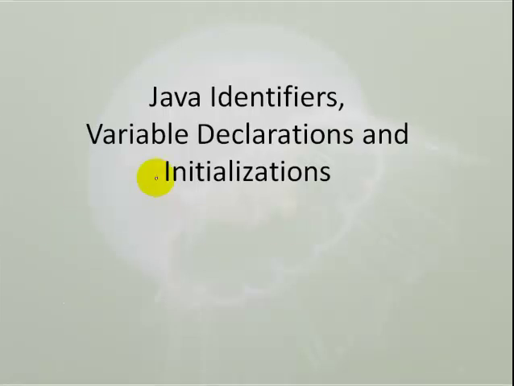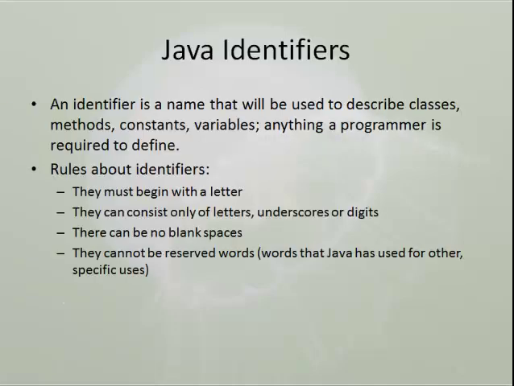In this video, we talk about Java identifiers, which is the name of a variable, how to declare a variable, and how to initialize it, how to give it a value. An identifier is simply a name, but it's a name with a lot of rules, and we will originally just